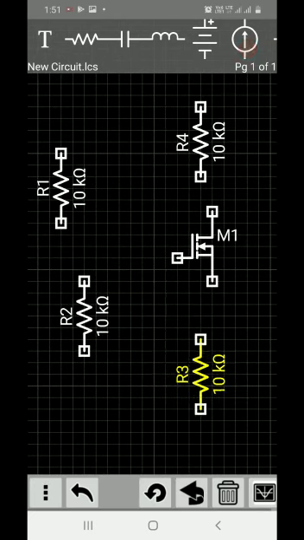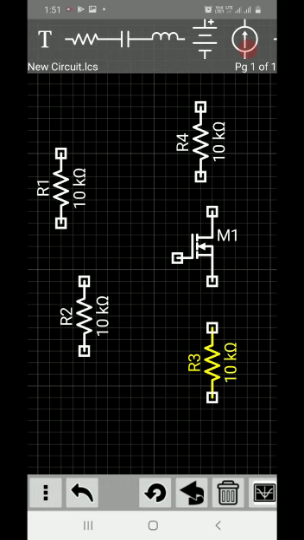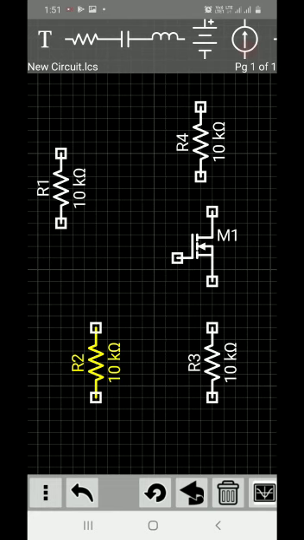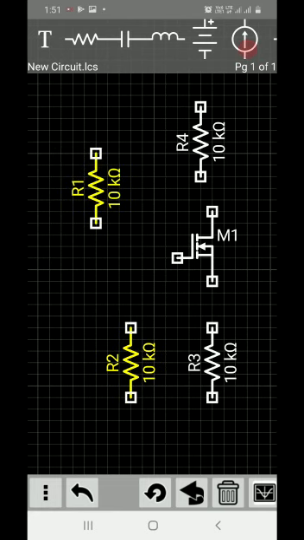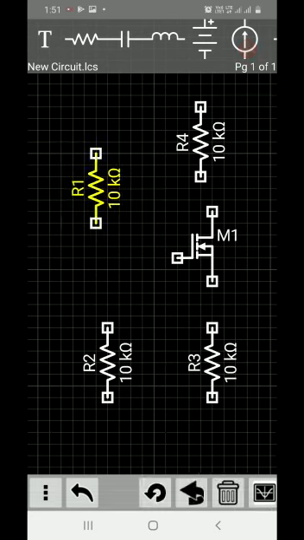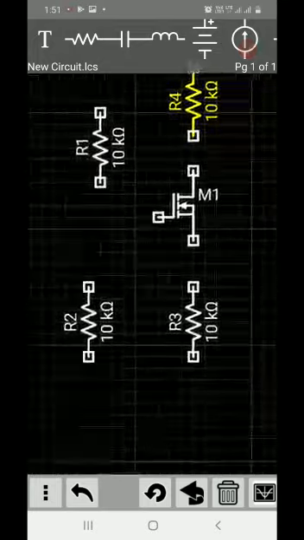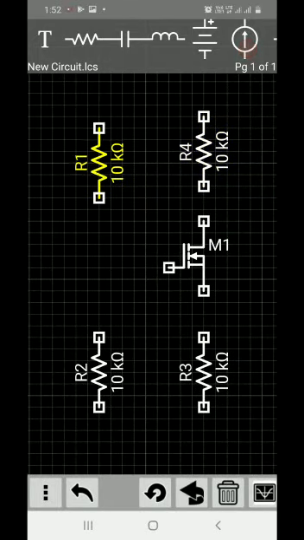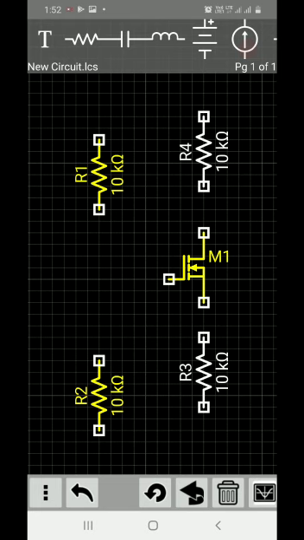Now I will bring them to the required locations. One resistor over here, another resistor in parallel to this. Okay, both the resistors are selected. I don't want this, only movement of this resistor. So this is to be brought here, in parallel to this. Fine. So the 4 resistors we can place here. Now for the sake of simplicity, keep sufficient distance.